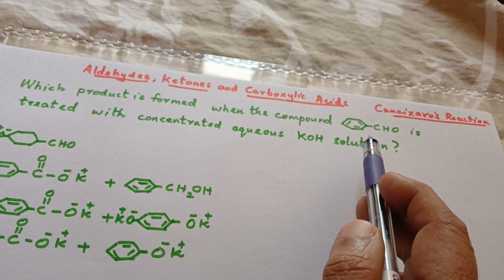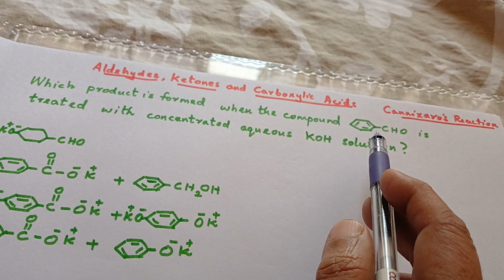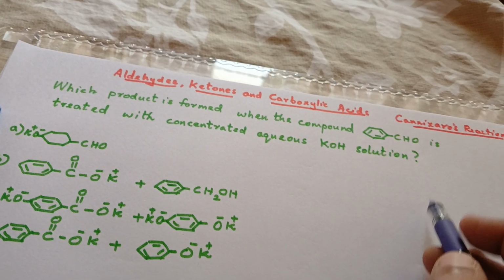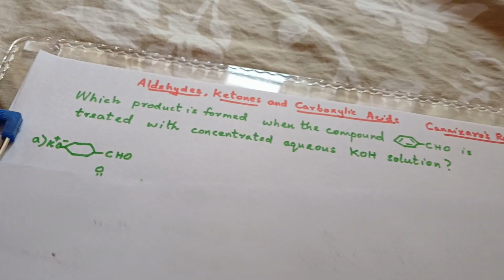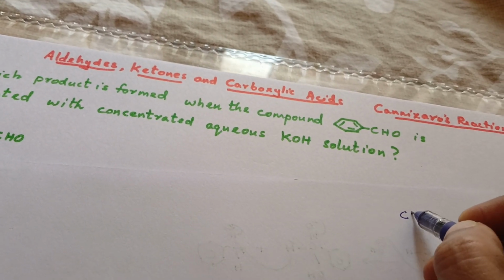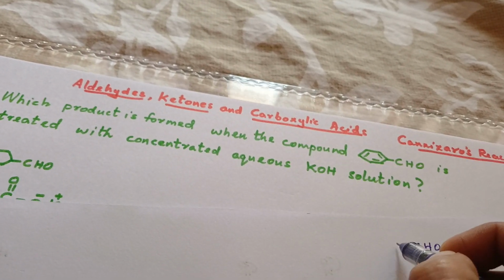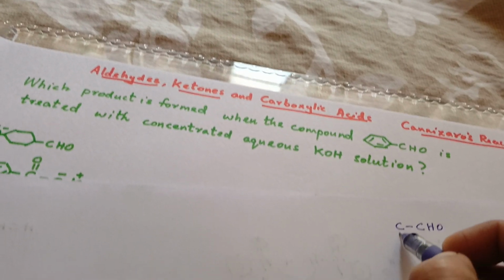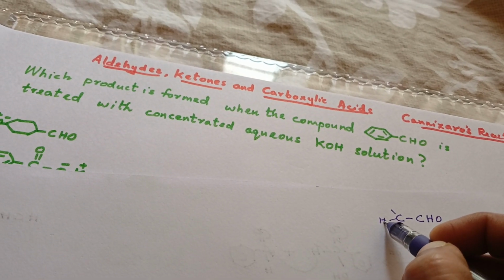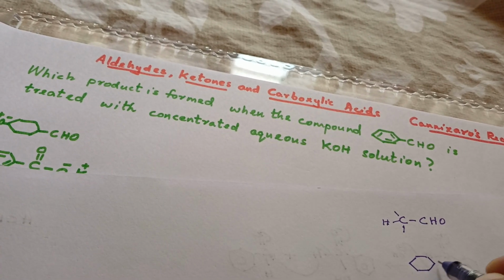Benzaldehyde is a compound which does not have alpha hydrogens, and the Cannizzaro reaction takes place in aldehydes without alpha hydrogens. Alpha hydrogen means if you have a carbonyl group like the CHO group, and then a carbon attached to it, this is the alpha carbon, and if you have hydrogens attached to this, you call them alpha hydrogens. So in benzaldehyde there is no such thing as alpha hydrogen,